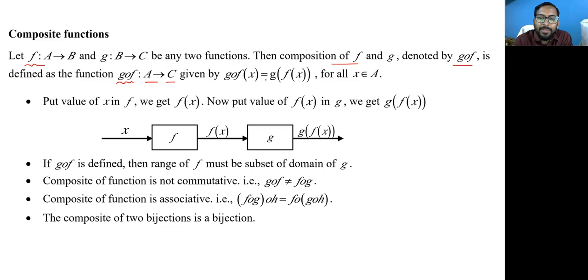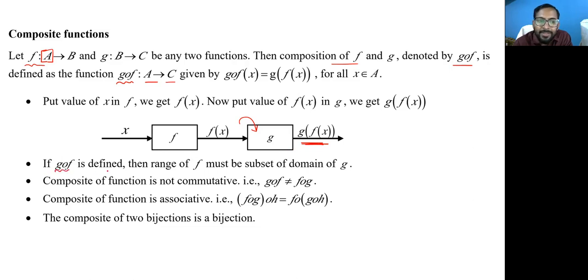What is g of f? g of f equals g of f of x. What this means is we need to choose the value of x from the set A and find the value of f of x. The value of f of x is the domain for the function g of x, and then the value of g of x will be the value or range of g of f of x.